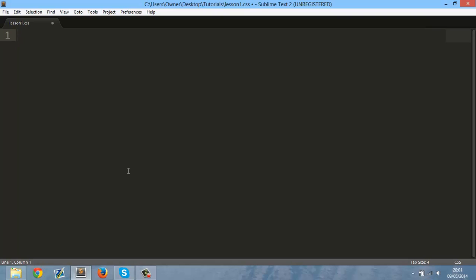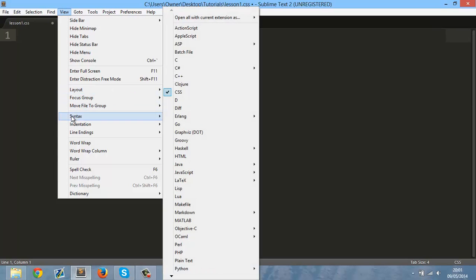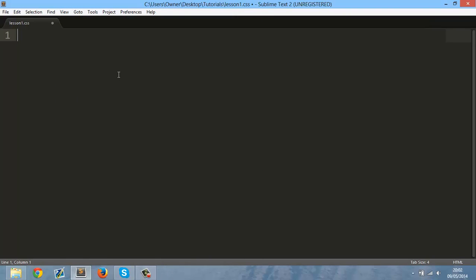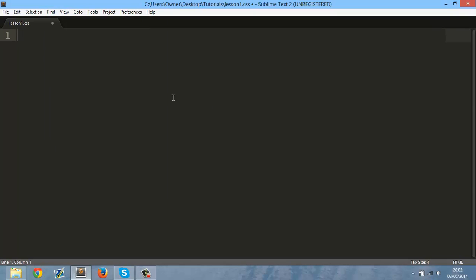So once you've made your folder, you open up Sublime, and then you have this, like I said. First of all, once you're on Sublime, you want to go to View, Syntax, and then go down to HTML. This is the HTML language that we're doing right here. And you can make your text bigger. I'll show you in a video later on. But anyway,